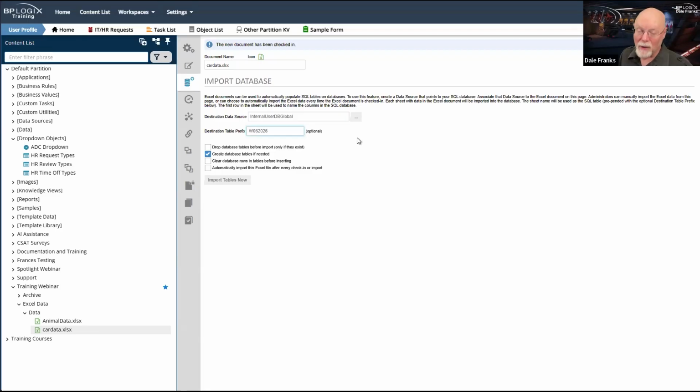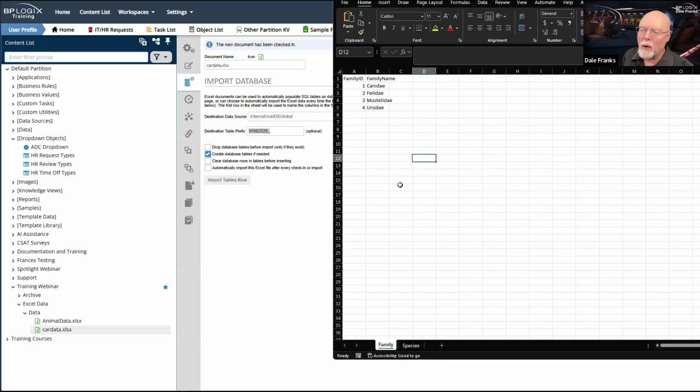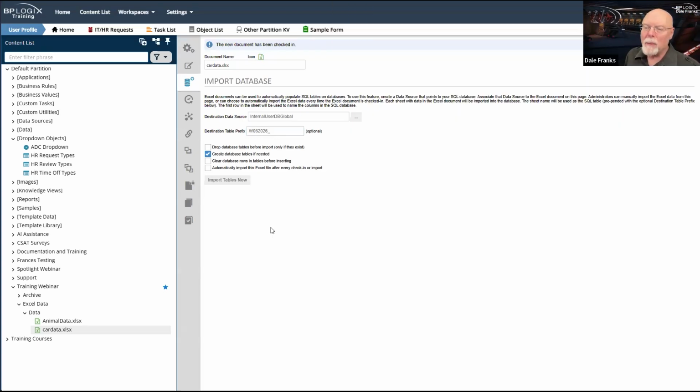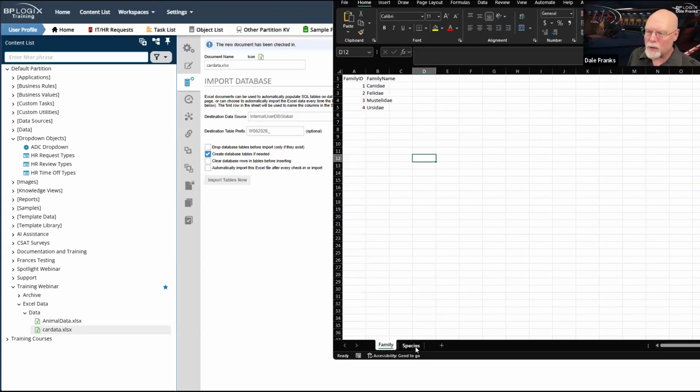And I'm calling it that so I can find it easier later and delete it because I already have these tables imported. But that's going to be my destination table prefix. So when I get around to importing this, which we will do very soon, I will have W06 2026 underscore family and underscore species when I bring this table in.